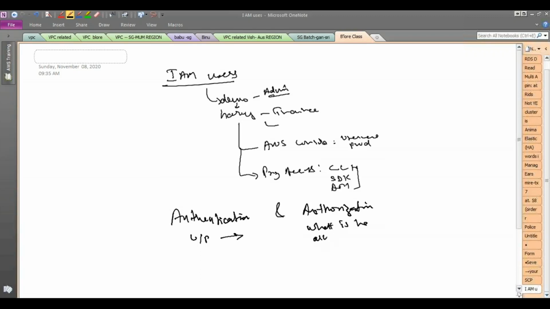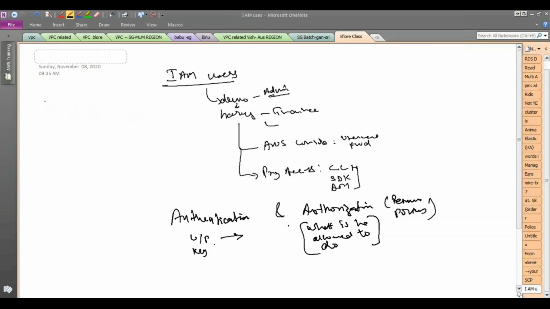What is he allowed to do? Simply because he has credentials, he cannot do everything, right? So you can control the permissions for the user. Authentication is just username, password, or key. It does not mean he can do something. It is just that he is authorized to log into that application or that service. What he is allowed to do depends upon authorization, or what we call the permissions or the policies,